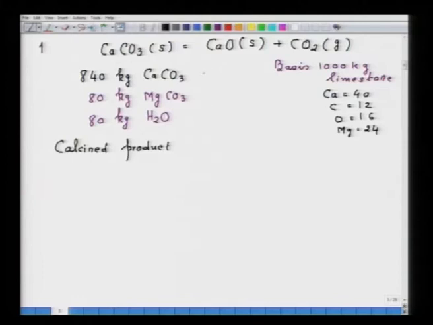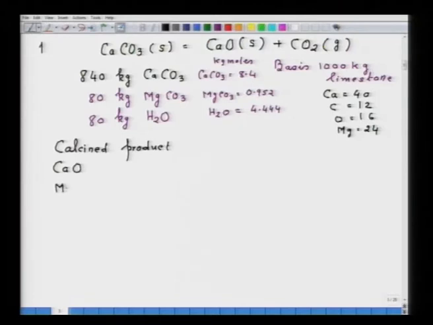So, from here I will be getting the kg moles of calcium carbonate, that will be equal to 8.4, kg moles of MgCO3, that will be equal to 0.952, and kg moles of water, that will be equal to 4.444. So, once you know this, now the calcined product immediately we can write down,